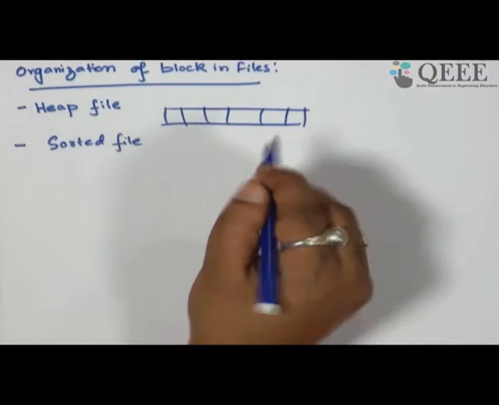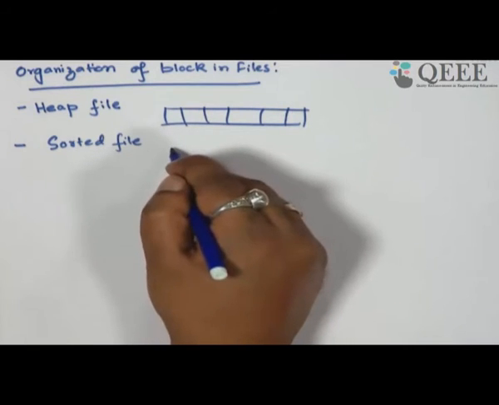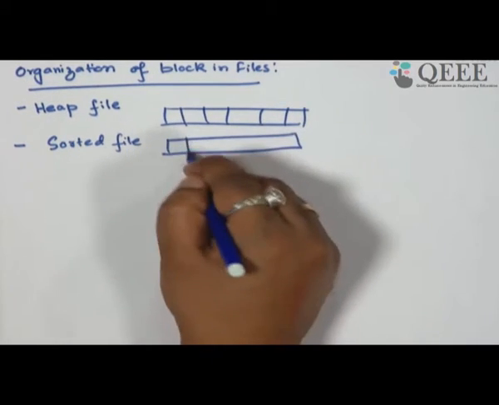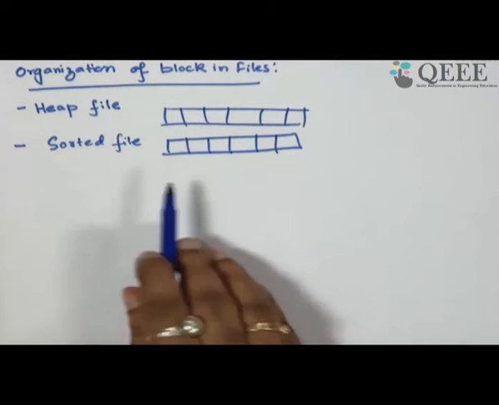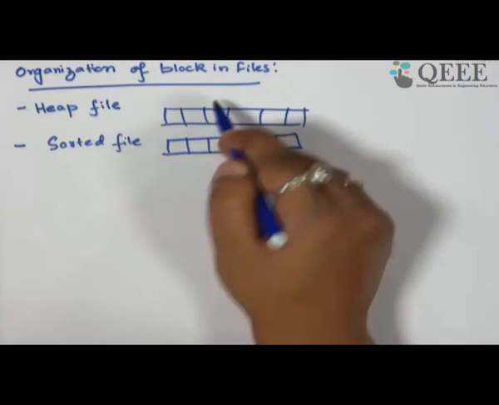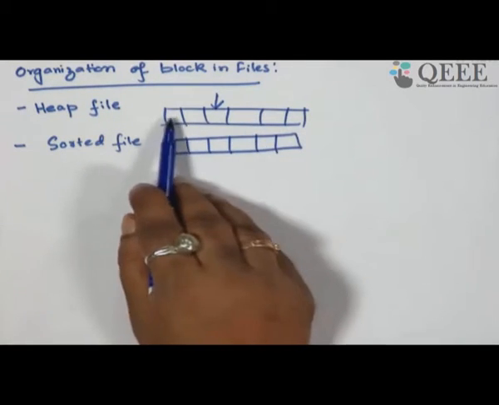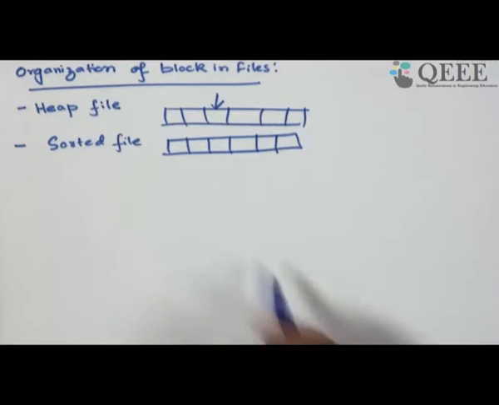Here, based on some attribute value, the records and blocks are sorted and put in the file in sorted order. The thing is that insertion and deletion is difficult here. You sometimes have to reorganize to maintain sorting. But accessing is easier. For example, in a heap file, to find all records where salary is 10%, you have to do a complete scan of the file. But if it is sorted on salary, you can do binary search and do it in less time.